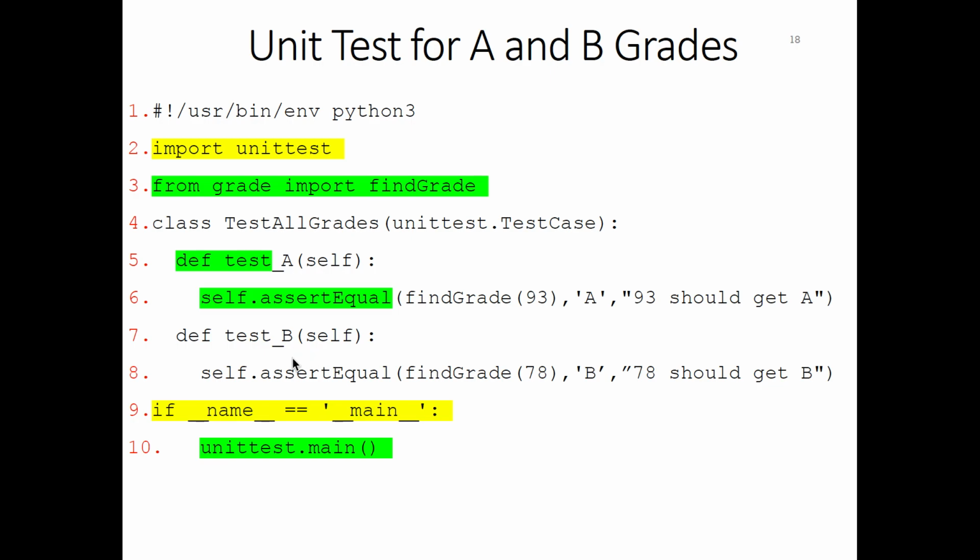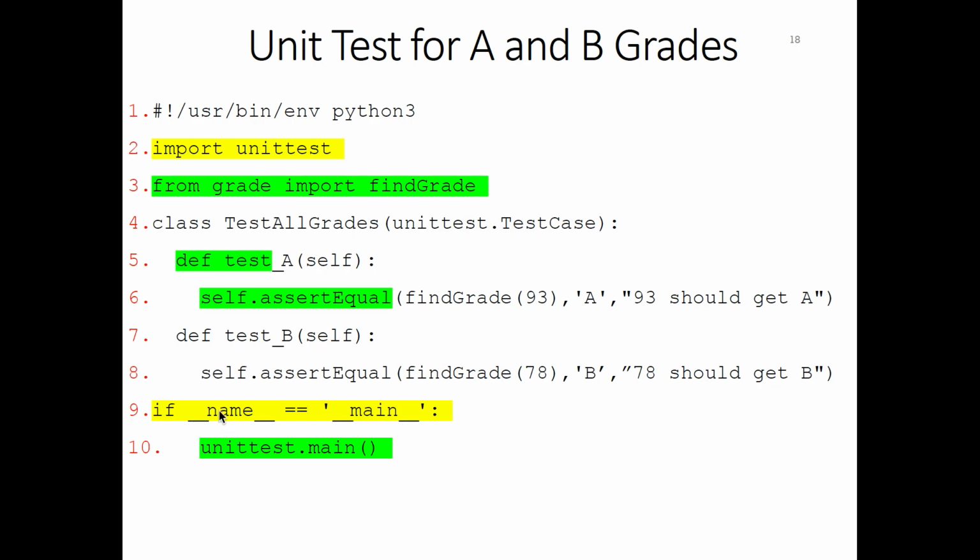And test B is very similar. We try to compare the result of the first two arguments. If the first two arguments are the same, are equal, then we say we are successful with our test. If they're not equal, then we fail, and we print this message to tell the user that this is where it failed. So we can give any message we want. For example, we can say test A failed in here, and then here we can say test B failed. And what this means,